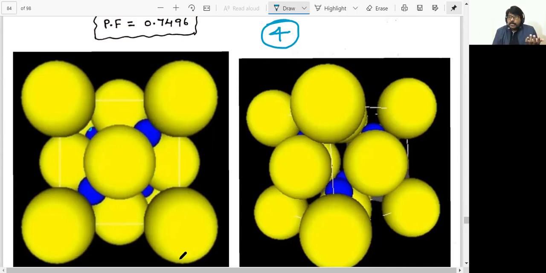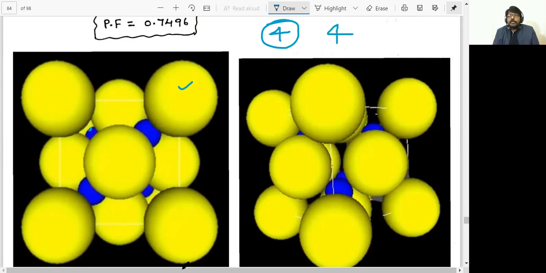In fact, it is surrounded by 8 tetrahedral voids. For example, this is the particle you are talking about, and this is one tetrahedral void. This corner is common for how many unit cells? 8 unit cells, right? So it should be surrounded by 8 tetrahedral voids. But in this structure, during crystallization, Zn+2 ions occupy only 50% of tetrahedral voids. Even though it is surrounded by 8 tetrahedral voids, only 4 are filled and the remaining 4 are vacant. Hence, the coordination number of the sulfide ion is also 4.